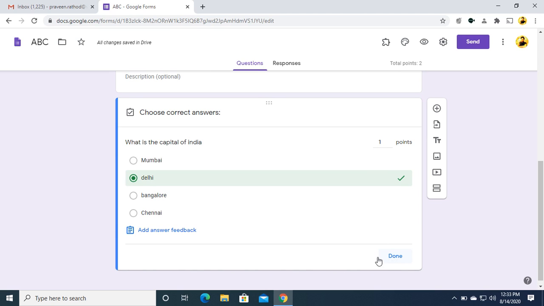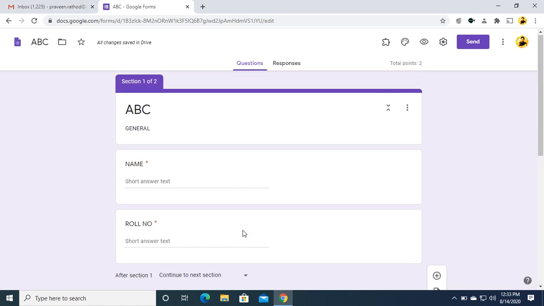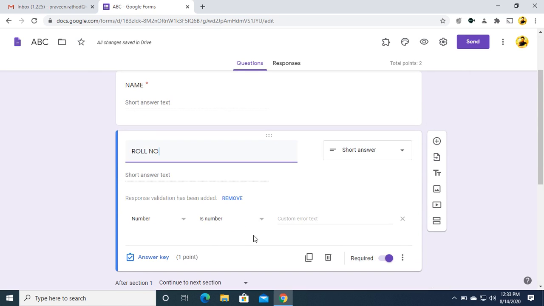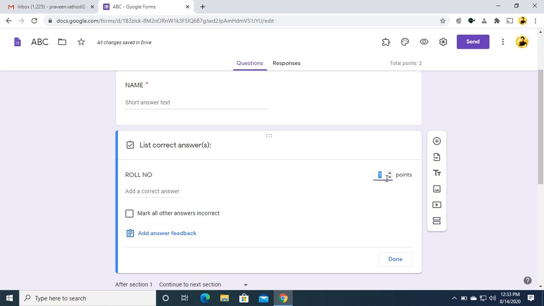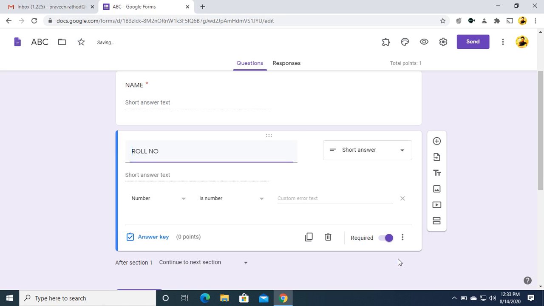Just click on done. Here also, in the roll number, you can see 1 point has been added. You can remove this 1 point from here, otherwise it will add to the total points. So you can see I have added one question over here, total 1 point is added. For learning purposes only I am adding one question over here.